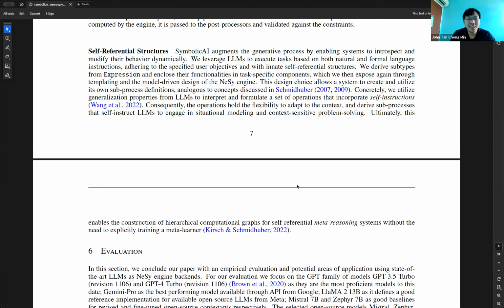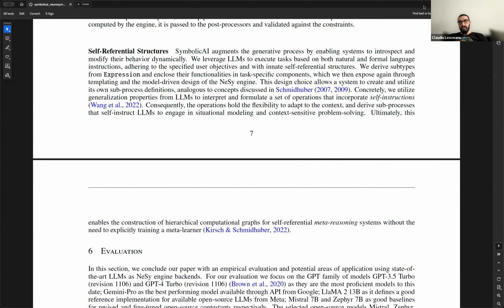Yeah, maybe I have a suggestion: maybe you don't call it self-referential, because self-referential has other meanings, like I call myself. I see your point, but the names are always structure, right? But one important thing is that it's no longer a self-referential structure if you have two large language models.